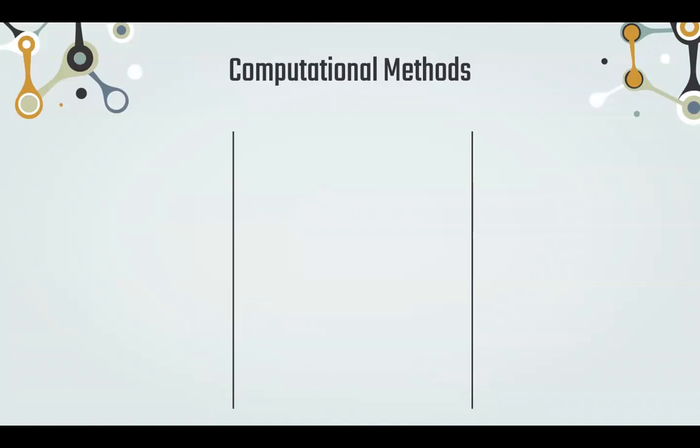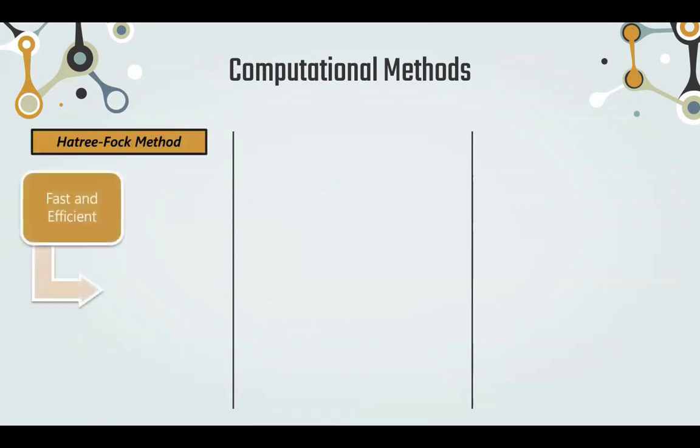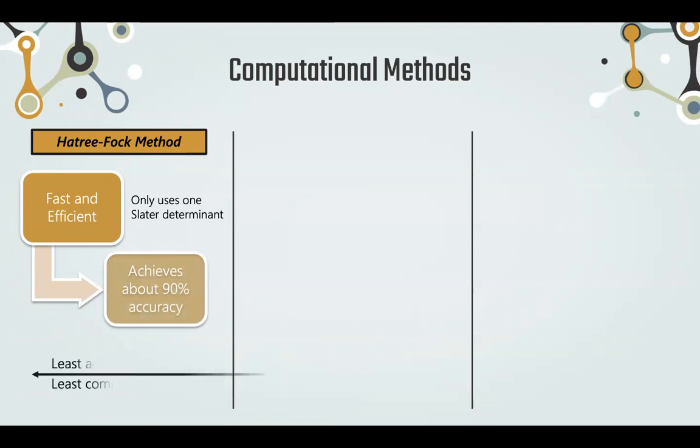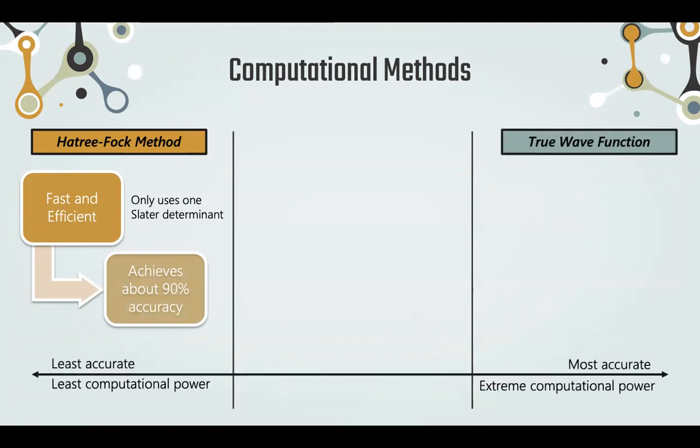Computational chemistry aims to use computational methods to calculate properties of molecules. The Hartree-Fock method calculates properties by using only one such expression that describes the wave function of the molecule, called a Slater determinant. However, the true wave function requires many more Slater determinants, and thus this only achieves about 90% accuracy. On the other end of the spectrum, there is the fully accurate full wave function, which takes into account